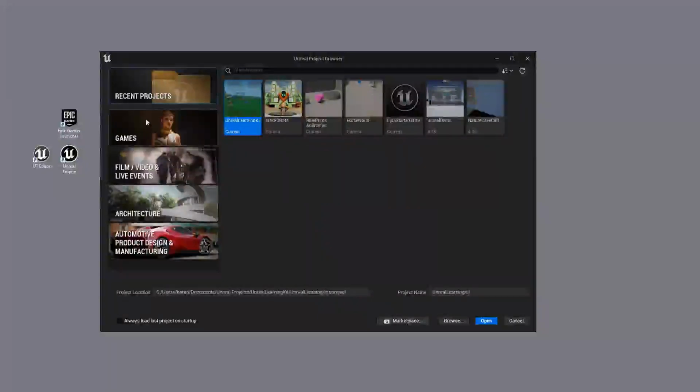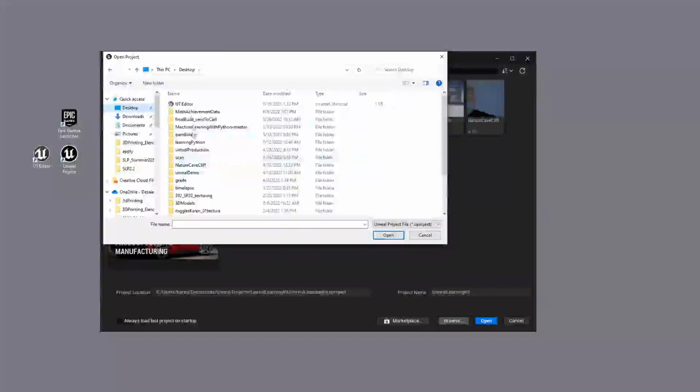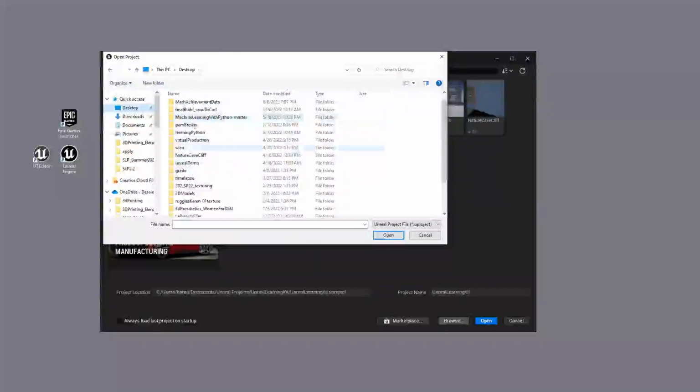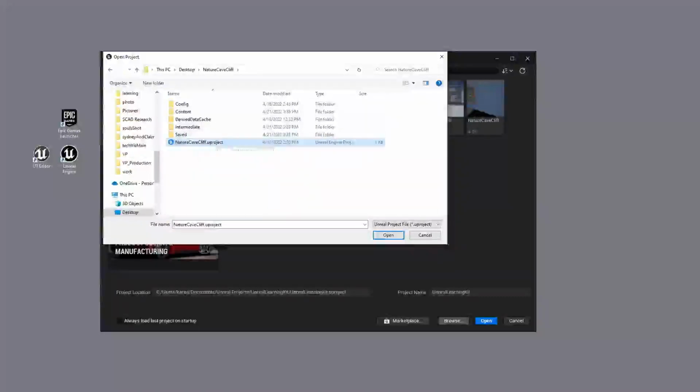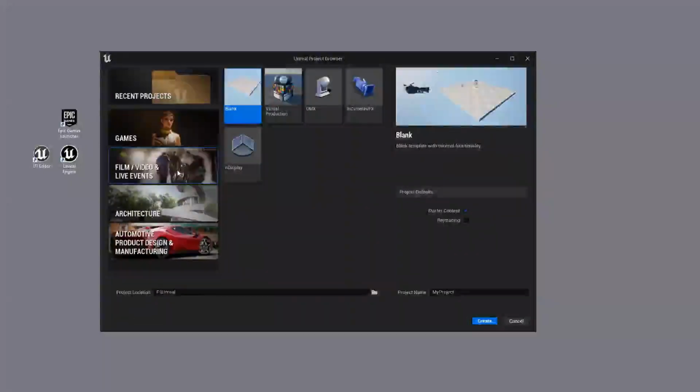So if you are opening a new or an existing project, you can always come down here to browse and then find, I have it on an altogether separate hard drive here, or I guess SSD. But yeah, so I could find my project folder, open that, select the U project and click open. But I would probably just launch that from the launcher rather than do it through this. But I just wanted to demonstrate how you might start with some of the